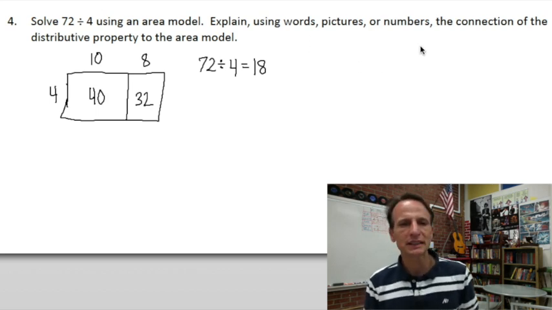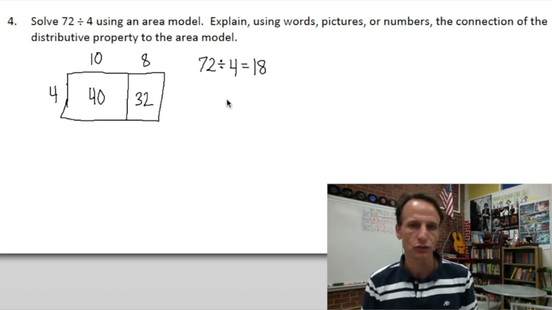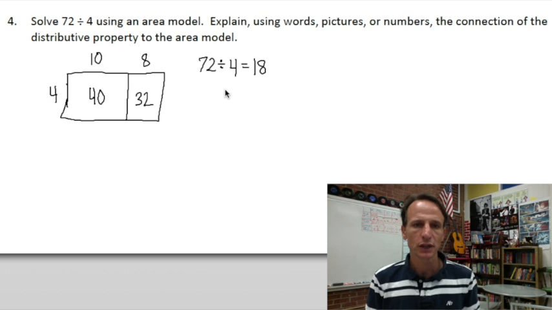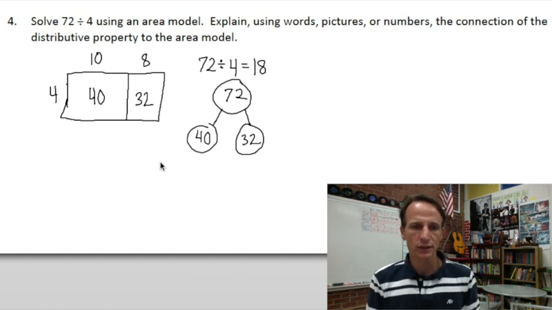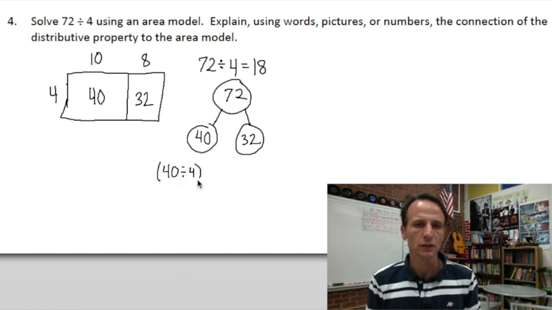And now we want to explain the connection of the distributive property to the area model. Well, let's actually do out the distributive property here. So a good way to start is with that number bond. That we started with 72, and what we partitioned it into? Yes, 40 and 32. And so with the distributive property, what we said was, hey, 40 divided by 4 together with 32 divided by 4,